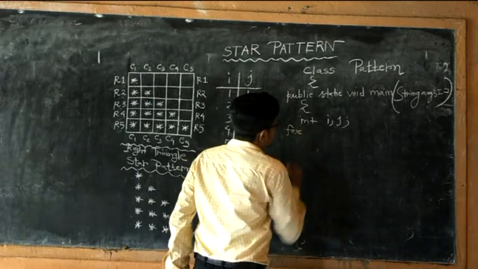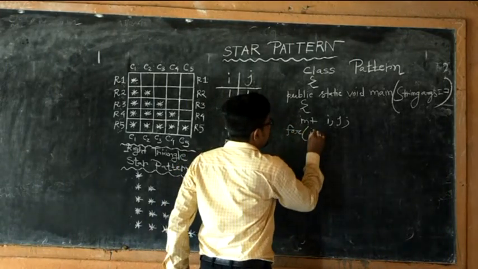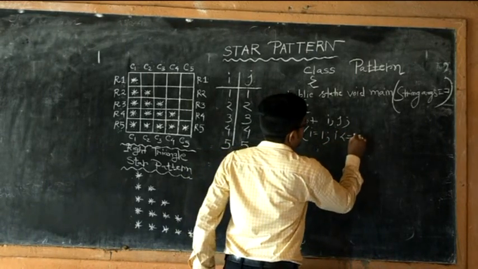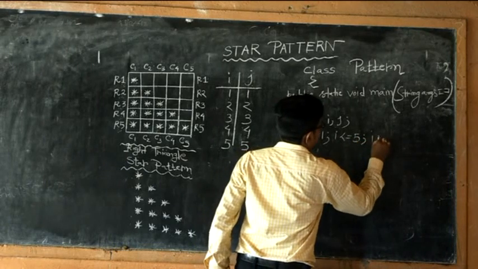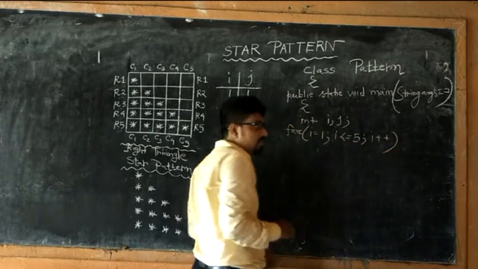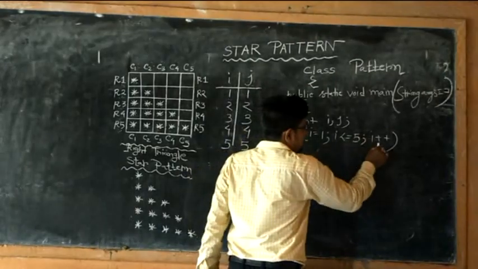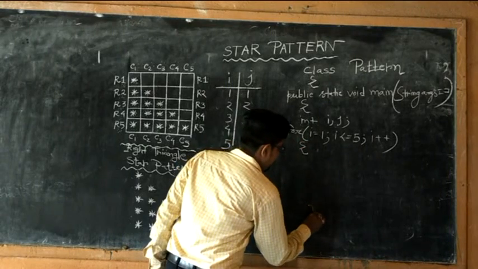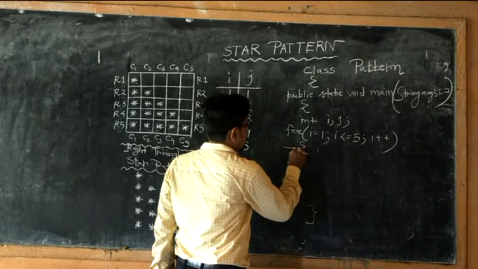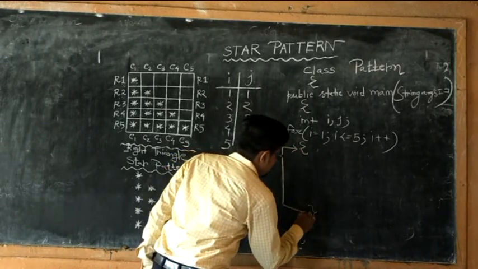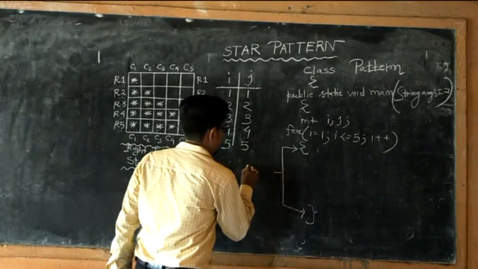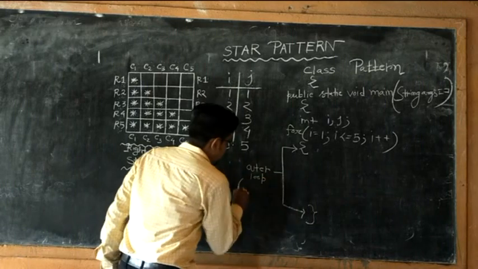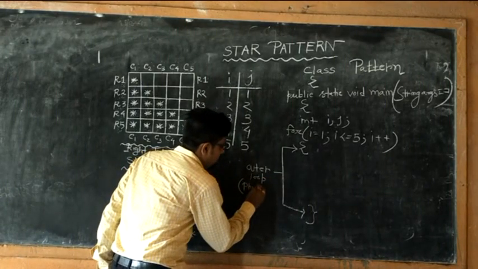Now come to the point. I am using a for loop. for i equal to 1 semicolon, i less than or equal to 5 semicolon, i plus plus. The number increases from 1 to 5, so that's why I have used an increment operator. Then second bracket open, and here I close the second bracket. The outer loop closes here. Try to understand this thing. This one is the outer loop, and it is used to print the row numbers.